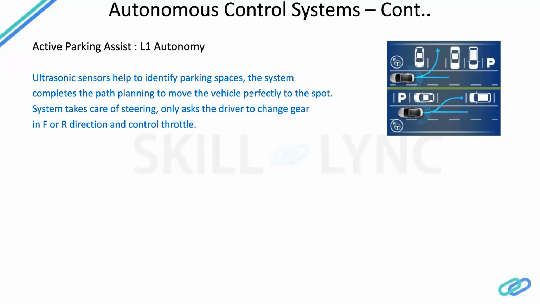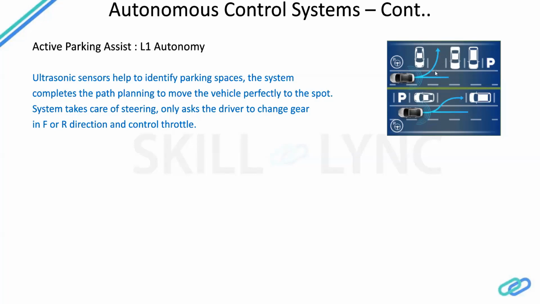And your ultrasonic sensors will throw sound pulses and try to detect what parking slots are available. So suppose you want to do a cross parking, it will check if the parking space width is more than your vehicle width plus whatever space you need to open the doors, something around 50 centimeters in both directions. The calculation will be done internally by the control model after the ultrasonic sensor provides this information.